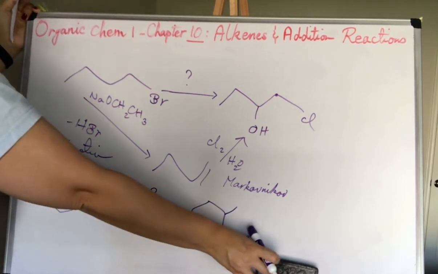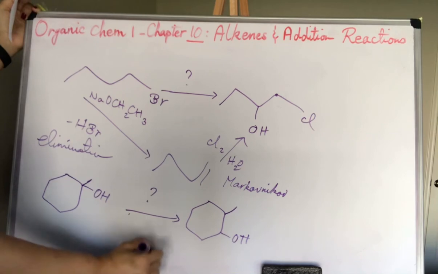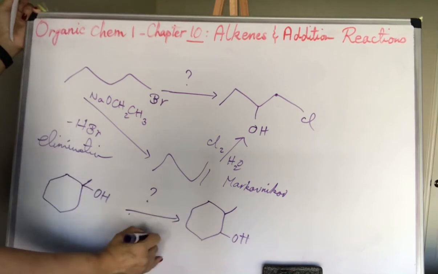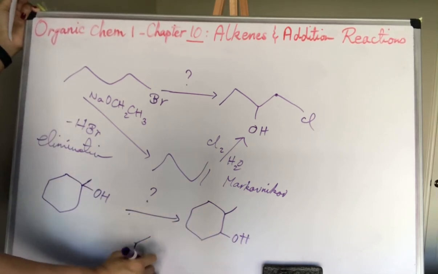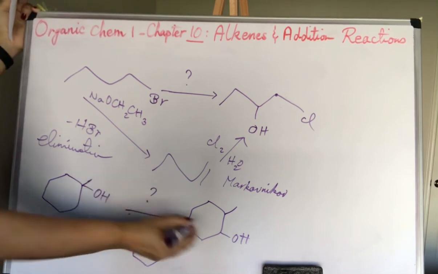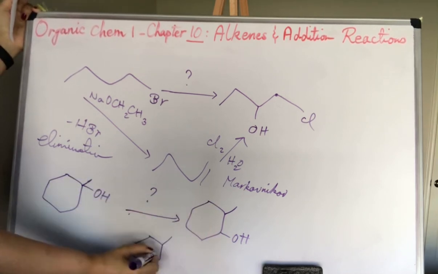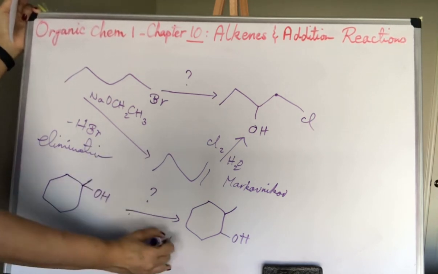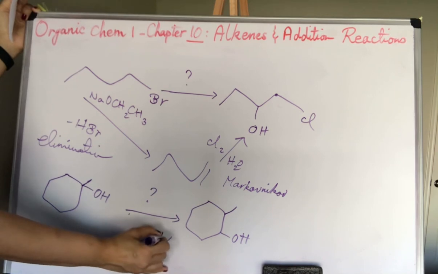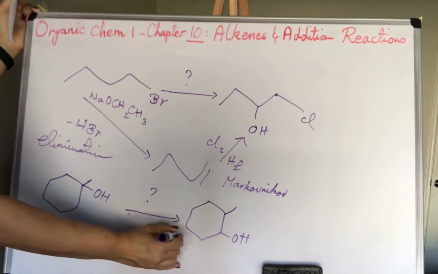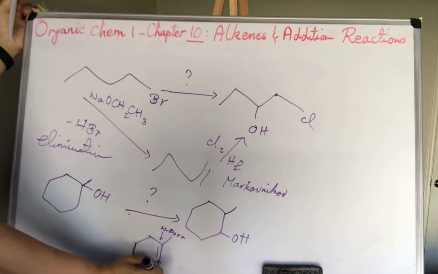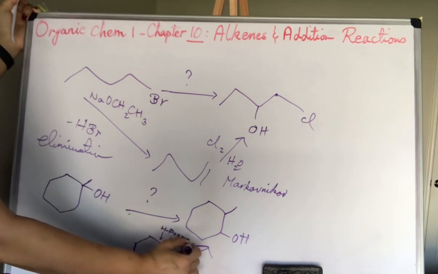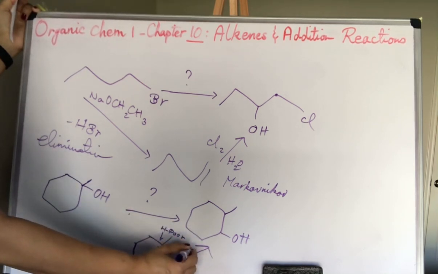So, it seems like we need to add, it seems like there is a double bond here to add OH and H. This is hydrogen poor, and this is hydrogen rich. But OH has been added to the hydrogen rich, so we need to apply a hydroboration